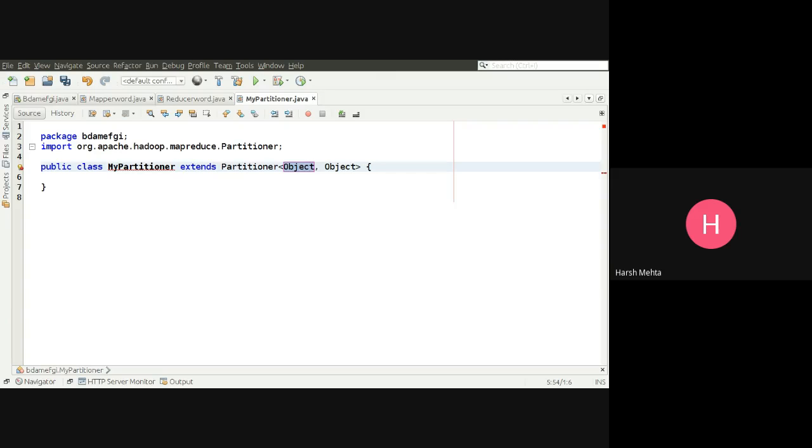Let me tell you, it takes input from the reducer. So what is the output of the reducer? It's Text, comma, IntWritable.